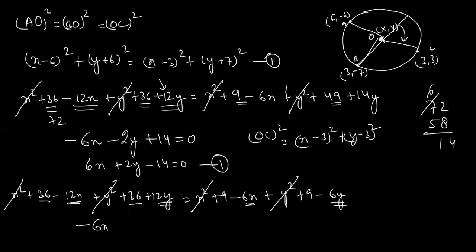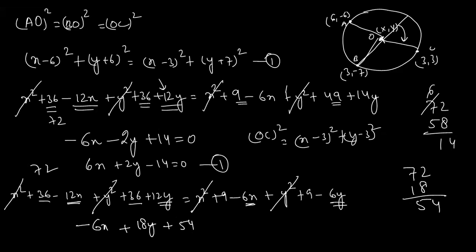In a similar way, we have the 12y here and minus of 6y here. So when this 6y goes to that side, it will become positive, and this time we'll get 18y here, and we have 72. 36 plus 36 is positive 72 here, and we have positive 18 here. When this 18 comes to this side, it becomes 72 minus 18. So you will get here 54. You can write here positive 54.